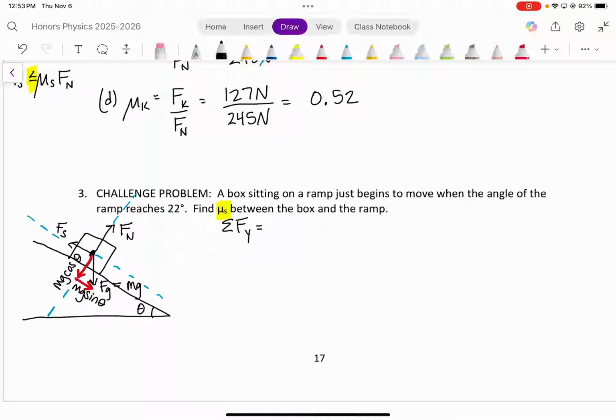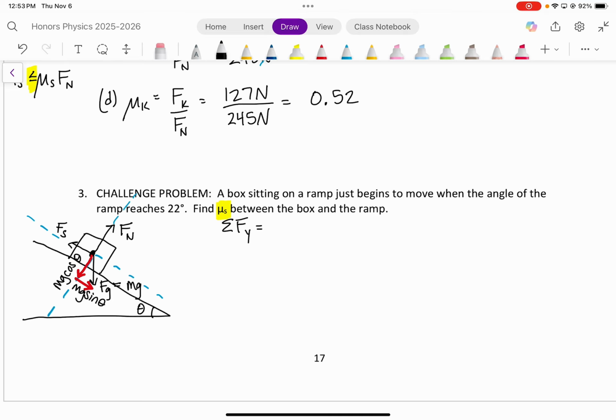So when I look at normal force and mg cosine theta, these are going to add up to equal what? 0. Why? Why do these forces up and down always add up to 0? Because they're the same. Why are they the same? Because if they weren't, it'd be crashing. So if I look at my block